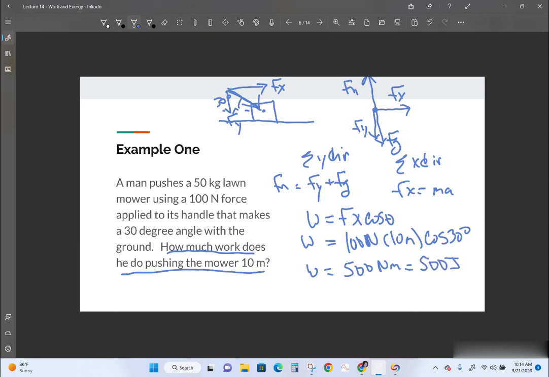So what kind of energy did you give it? Well, you gave it kinetic energy. The work that you did on this was taking that stored chemical energy in your muscle cells and pushing that box and giving it speed. So now it has kinetic energy. So you have a transfer of energy in, and that is why it is positive. It is not positive because it's moving to the right, because work is a scalar quantity.